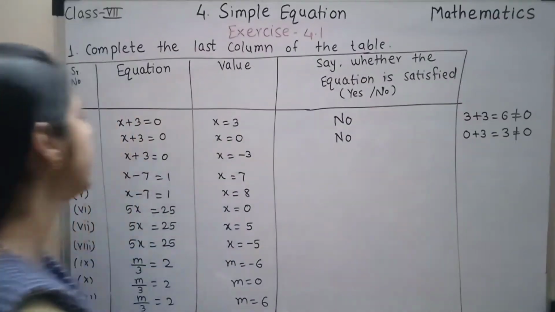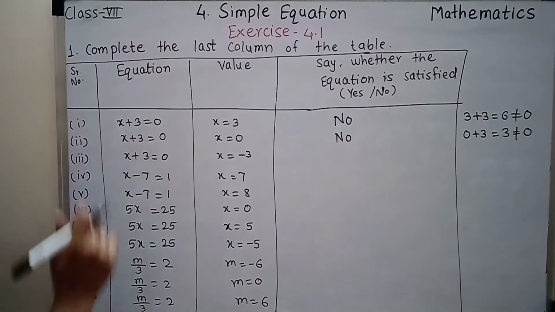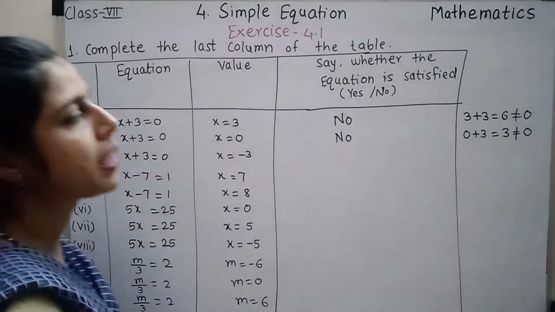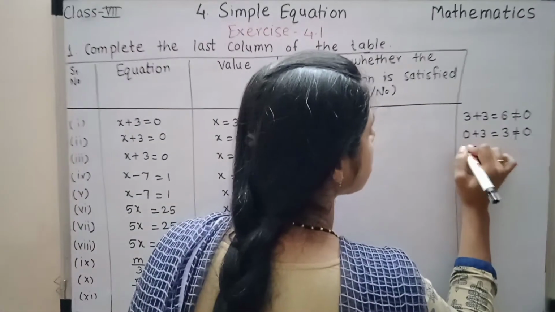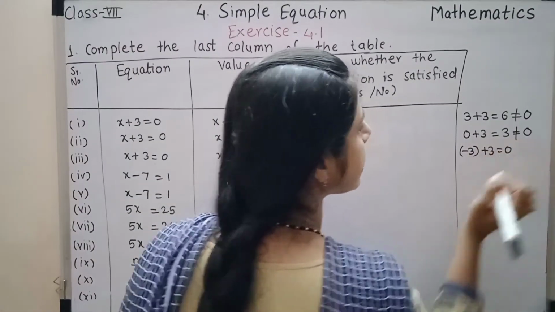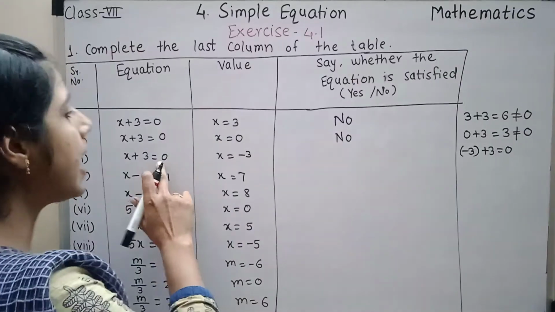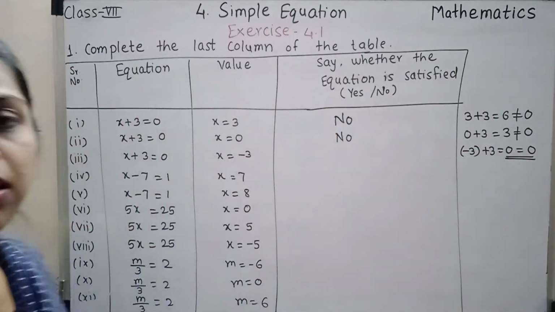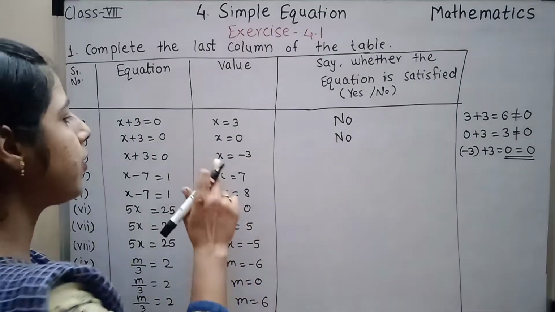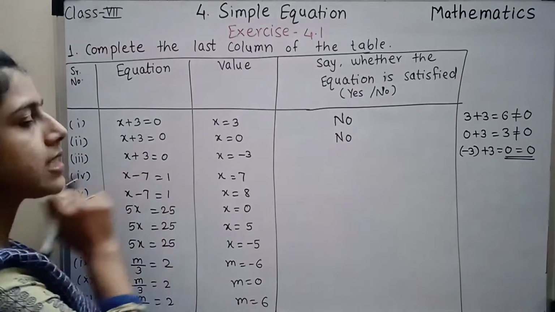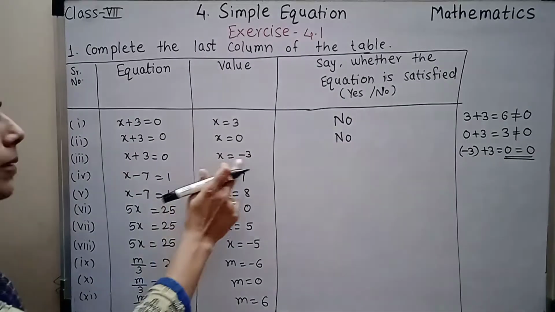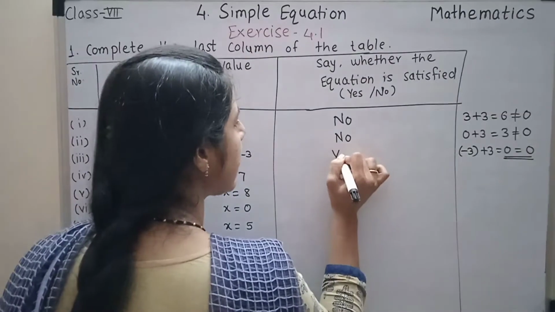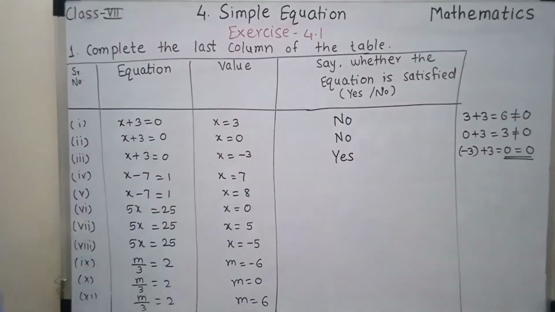Next is x plus 3 equals to 0 and the value given is minus 3. So x की जगह हम क्या डालेंगे यहाँ पे? minus 3 डालेंगे तो ये आ जाएगा minus 3 plus 3. तो minus 3 plus 3 कितना आता है आपका? 0 आता है. RHS भी कितना दिया है यहाँ पे? 0 दिया है. So they are equal. Therefore x equal to minus 3 satisfies the given equation. As it is satisfied, you should write S.